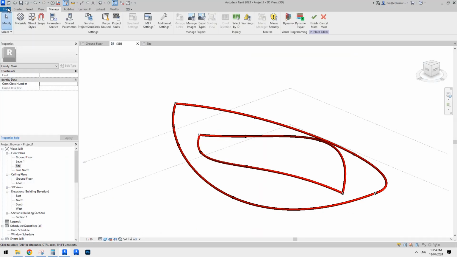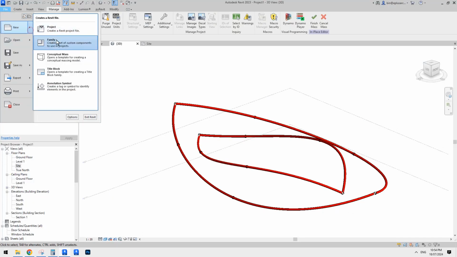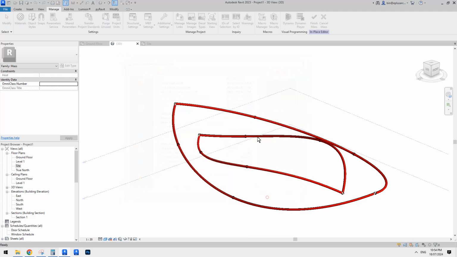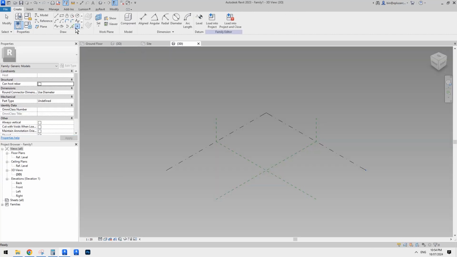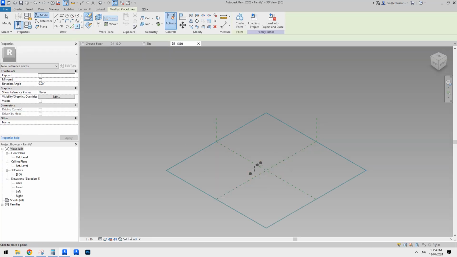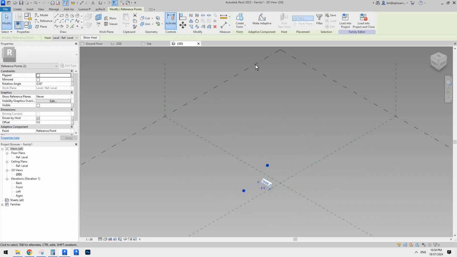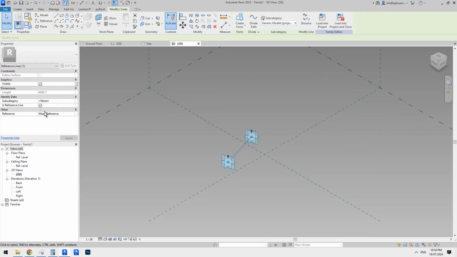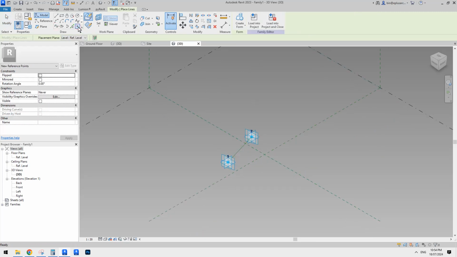So it's very simple. We just need to create a new adaptive family. So create a new family, go generic model, adaptive. Okay, and then we just need to place 2 points anywhere, and make them adaptive. Create a spline through points, make it reference line,